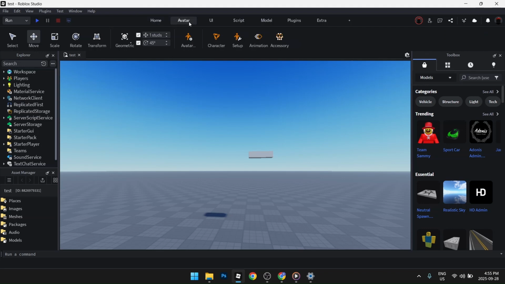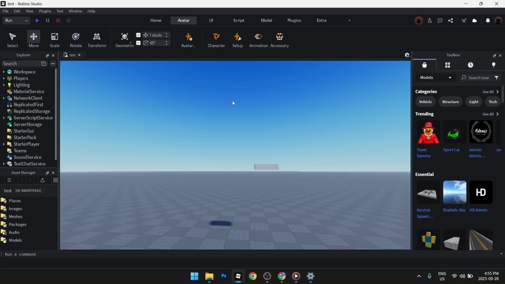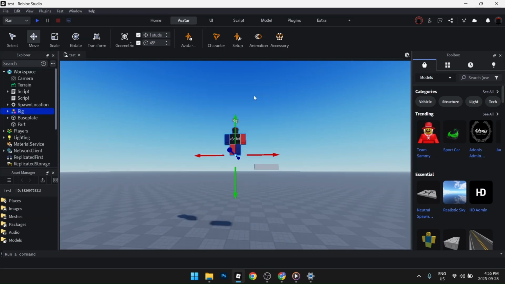Let's move on to the avatar tab. So this tab is pretty self-explanatory. You got your building options right here, move, scale, and you got your actual avatar options. So this tab is mainly used for animators. So if you're an animator, you will be spending a lot of time on this tab. Essentially, you add your character, and then